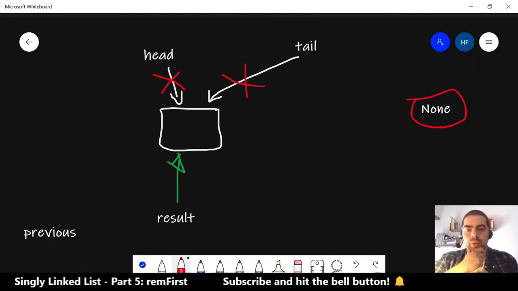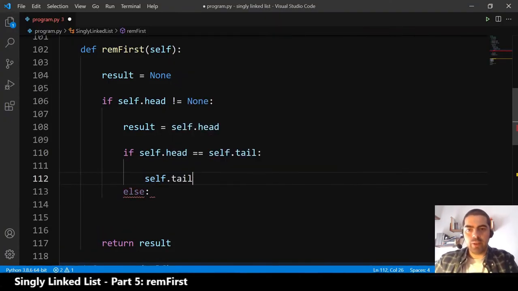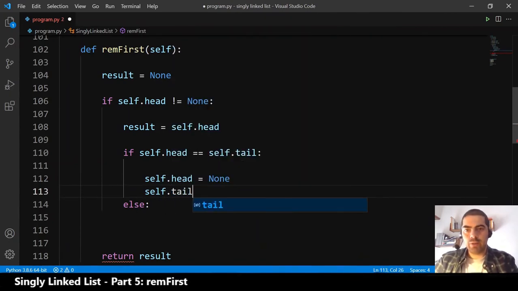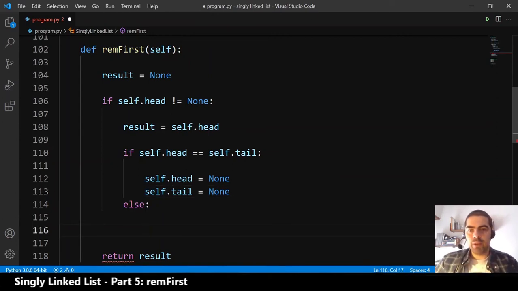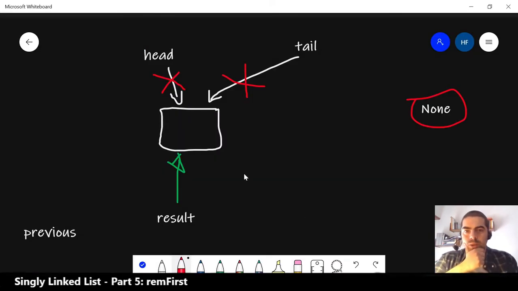So let's do that: self.add is equals to none, and self.tail is equals to none, in the case that we have just one element in the list. In the other scenarios, what we want to do,